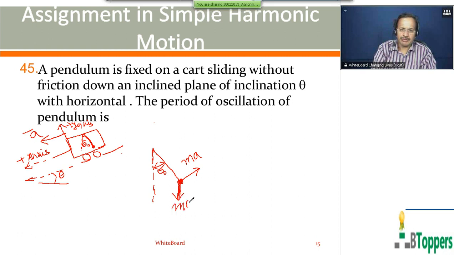The first real force is the weight mg which acts vertically downwards. Then the tensile force by the string on the bob acts along the string and away from the bob. Let T naught be the tension in the string in the equilibrium position of the bob. Equilibrium position means the position where the net force on the bob is zero in the accelerated frame.